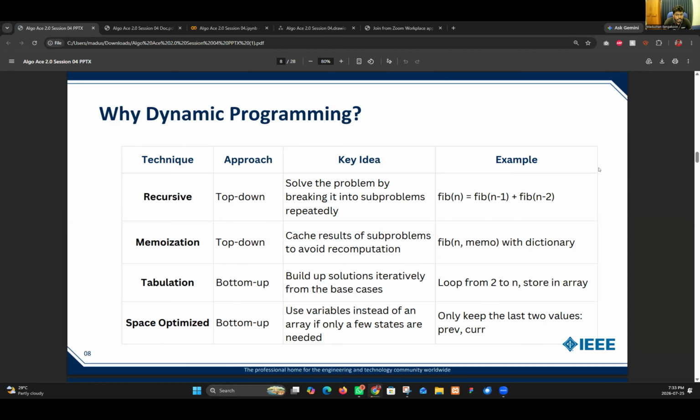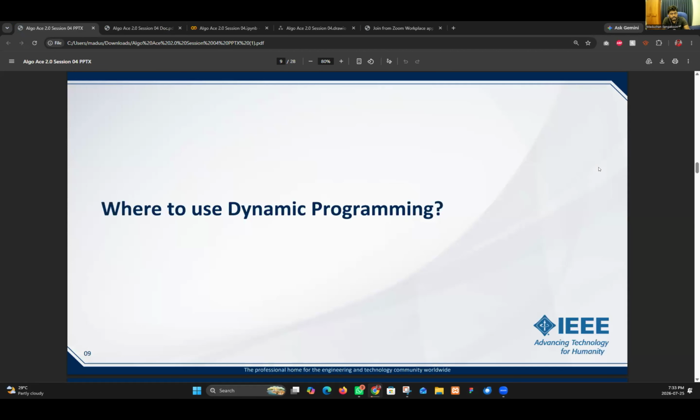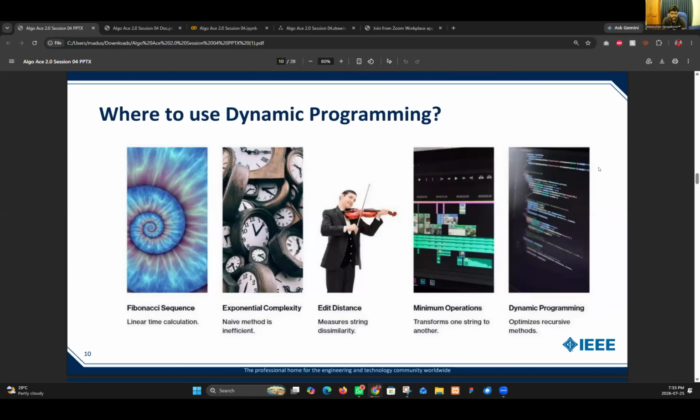So we will start here with where to use dynamic programming. These are not rare problems, these are very basic level problems for dynamic programming. Today we are going to discuss the Fibonacci sequence and this kind of question.